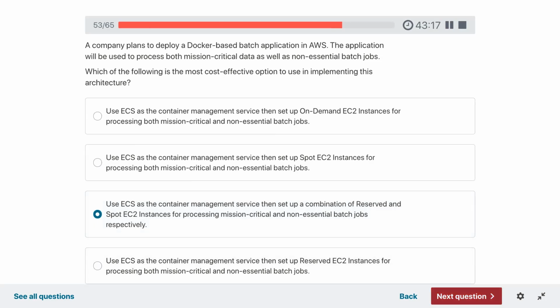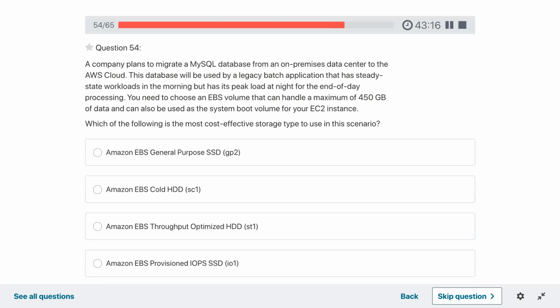A company plans to migrate a MySQL database from an on-premise data center to AWS. The database will be used by a legacy batch application that has steady state workload in the morning but has its peak load at night for the end of the day processing.